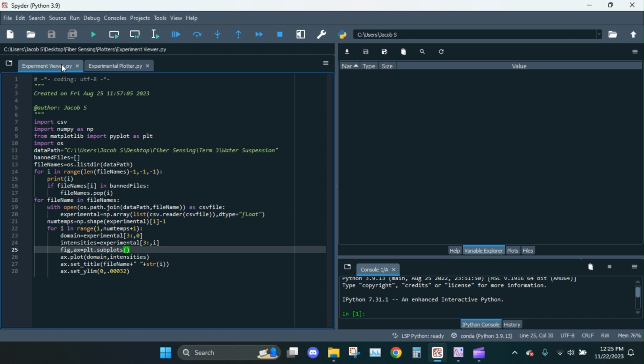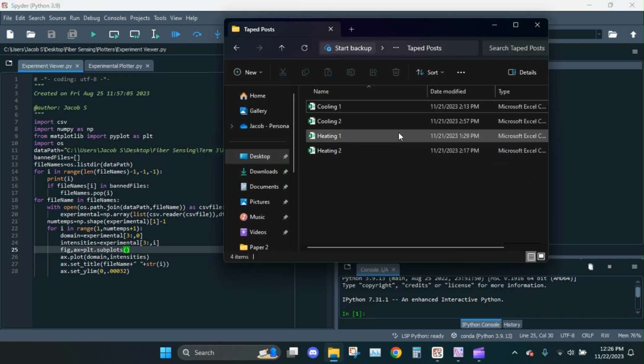And from that, we could determine which peaks survive the entire ordeal, which ones we can track the whole time. And some of them might go off screen or change their shape and not be a Gaussian anymore, or something like that. So all I really have to do is point it to the correct folder and hit go. So here I have the taped post folder, and these are all the